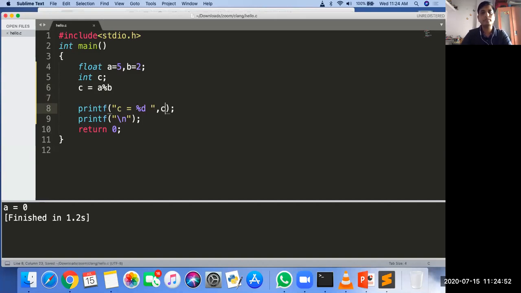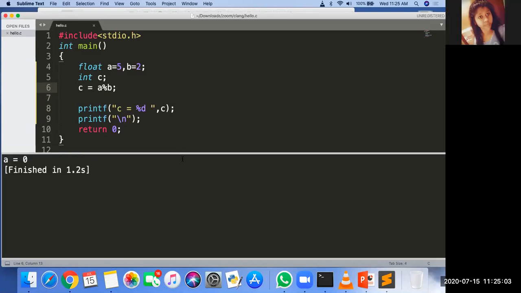2.5, sir. Yes, 2.5. Actually it is a modulo operator, not a divide operator. Zero. Are you solving?